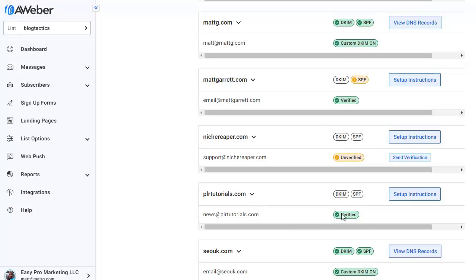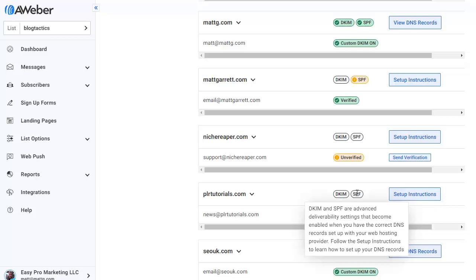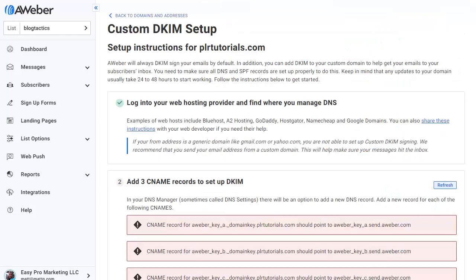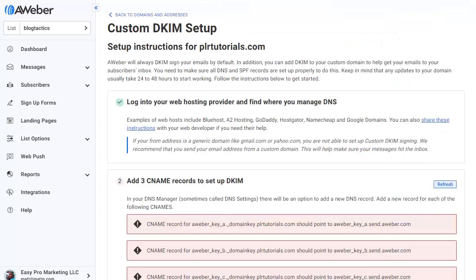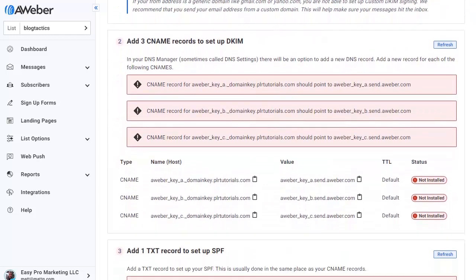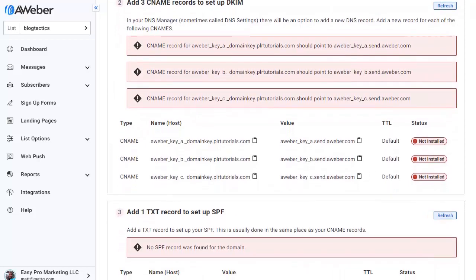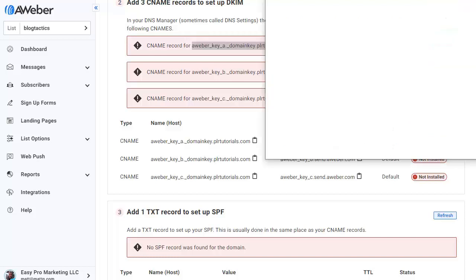So the next thing we need to do is set up the DKIM and SPF settings in Aweber. So let's click on Setup Instructions. This is the page that then pops up, and you'll notice there is more details that we need to go through here. It's basically the same procedure, but we've got 4 items to set up instead of just 1. So the first thing I'm going to do is grab the key at the top here, which is Aweber Key A Domain PLR Tutorials, and I'm going to copy that across to a separate text pad so I've got a